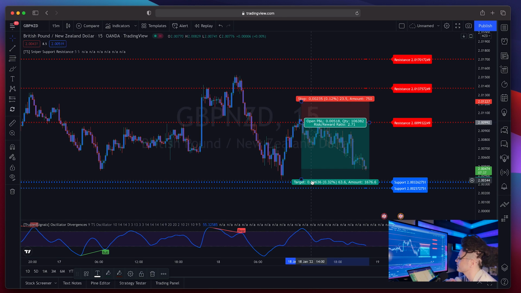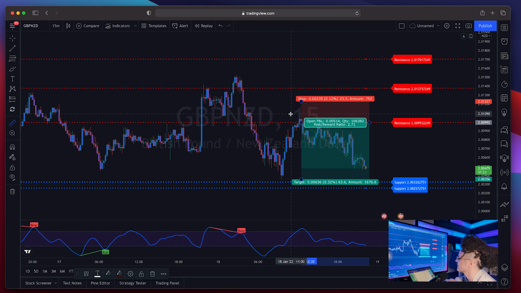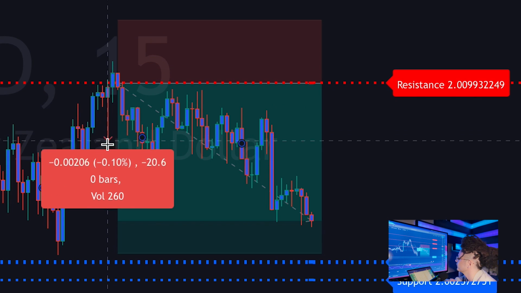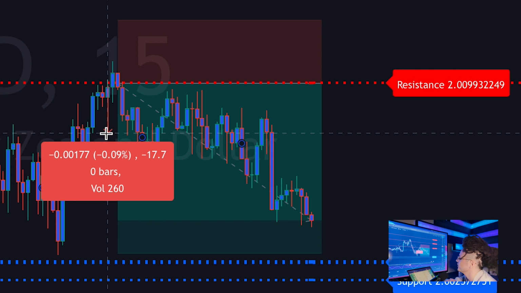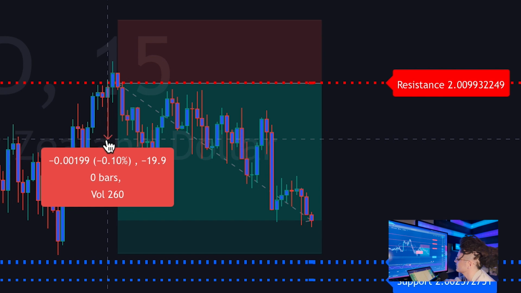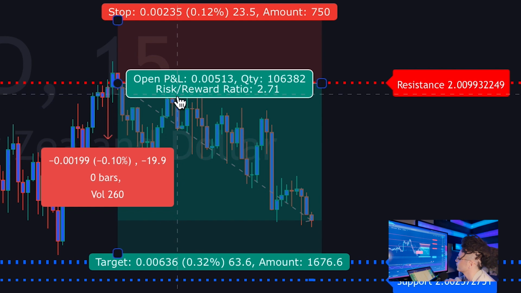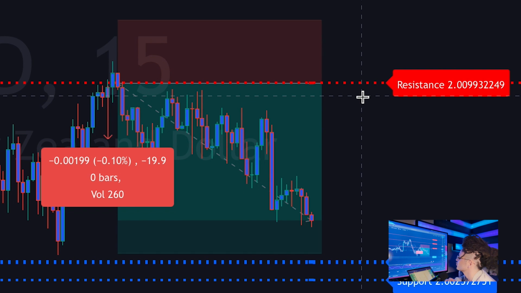But one of the things that I always say is get used to taking partial profits once you're up 15 to 20 pips, putting your stop loss in profit to protect your account. So in actuality, with taking this short at this sniper entry, I would have probably taken partials right around here, securing my profits, and it would have hit my stop in profit right here, and then going in short again